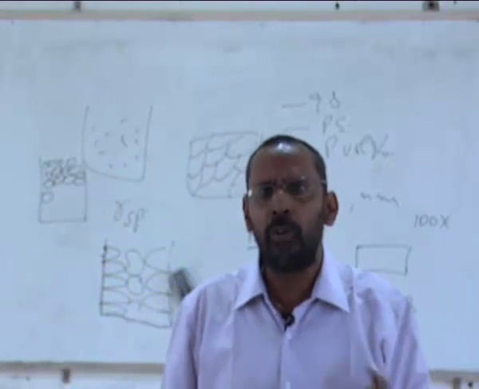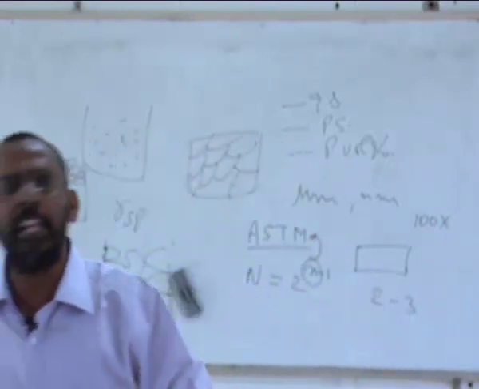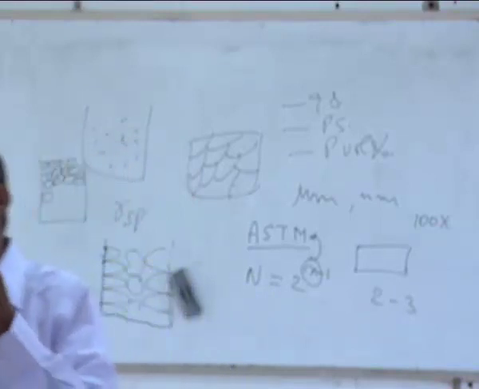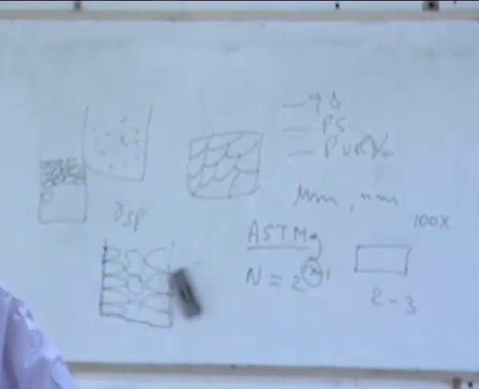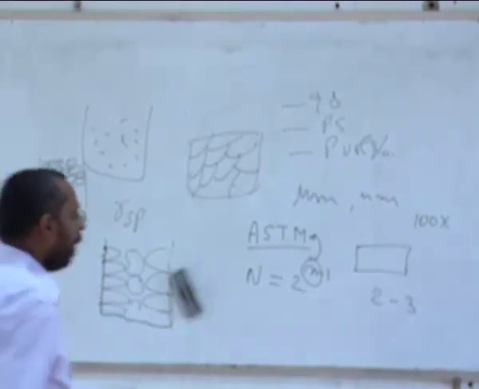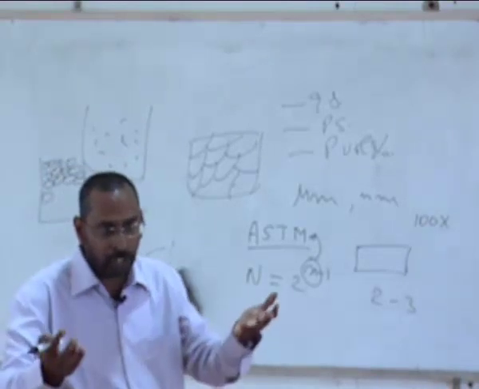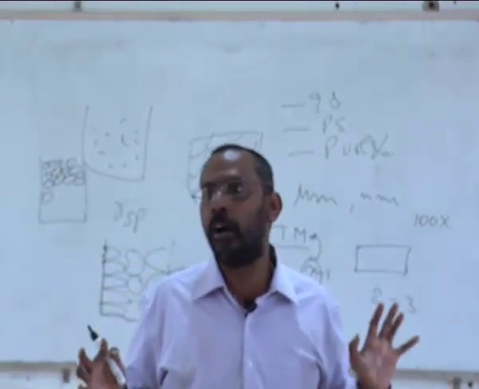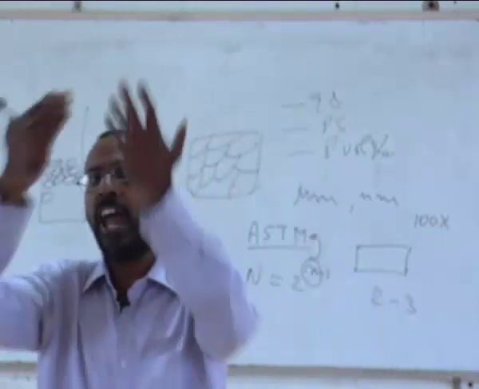This is one way to quantitatively say, but it is also semi-quantitative only, not really quantitative, because I am not giving an exact grain size as a grain diameter or something like that. And this is one way. People also compare the actual microstructure: I see a microstructure, do not do any counting, I simply take a photograph of that microstructure and compare with standard charts.